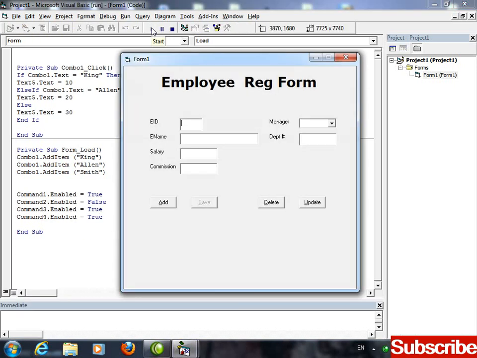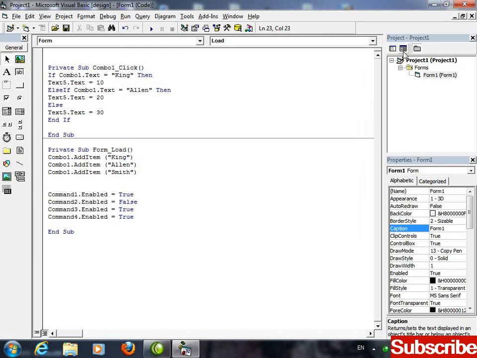Okay, that's fine. Now as I click on add button, I want the enable of this button false and the rest of button true. Mean to say, when you click on add, I want the first button, third button and fourth button, the enable should be false and only the enable of this button should be true. This one, this one and this one, these three should be false and the second should be on. So on the click of add button,